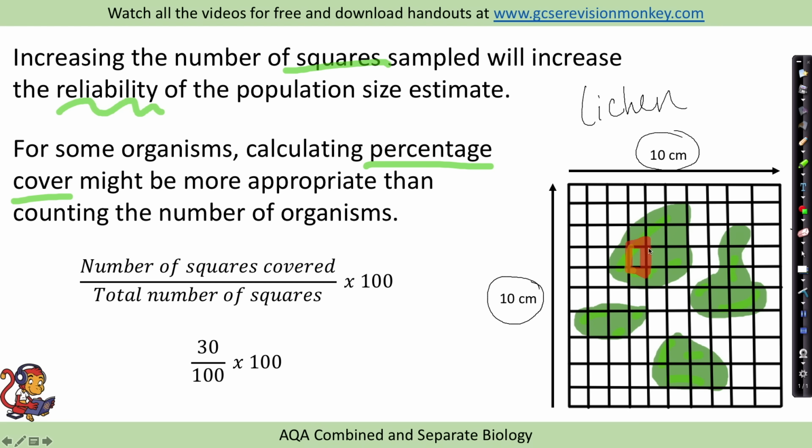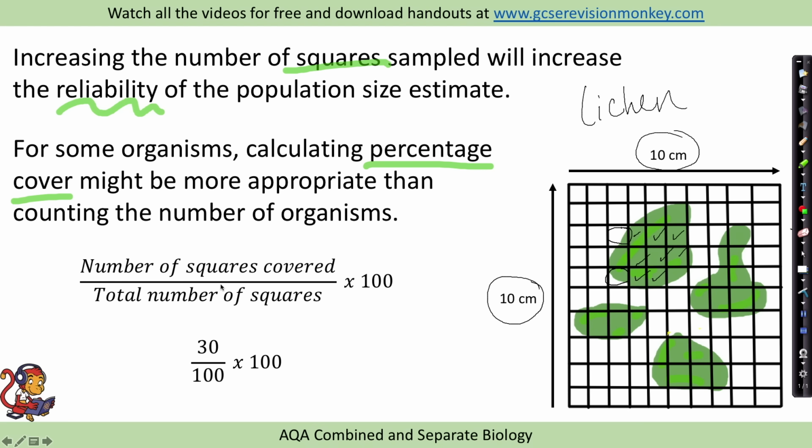However, with lichen, we can't do this because you can't see individual organisms. So instead, you might need to count the number of squares covered by the lichen. Now, all of the whole squares you can just count up like so, and then we will look at any partial squares that we've got, like perhaps this one and this one, where they could fit together roughly to make a complete square. And we would continue to do this, estimating the total number of squares that are covered by